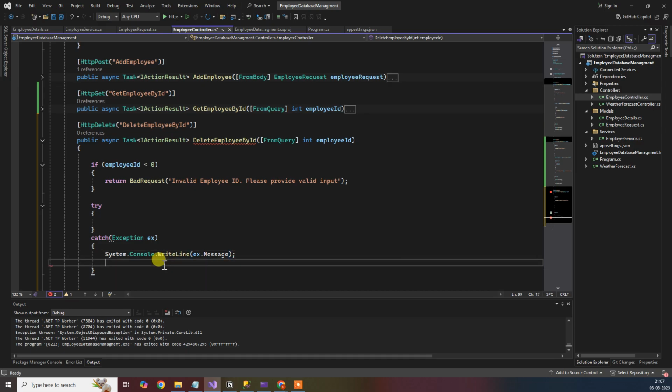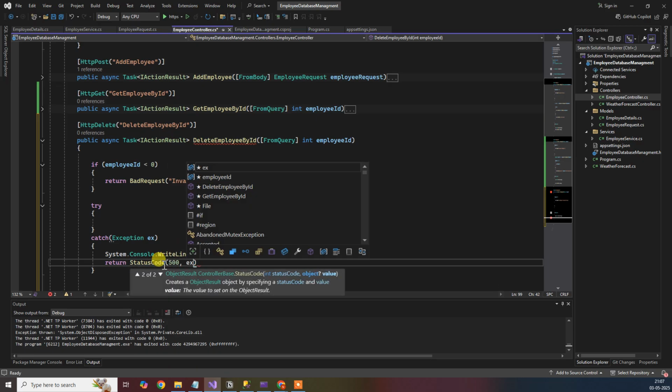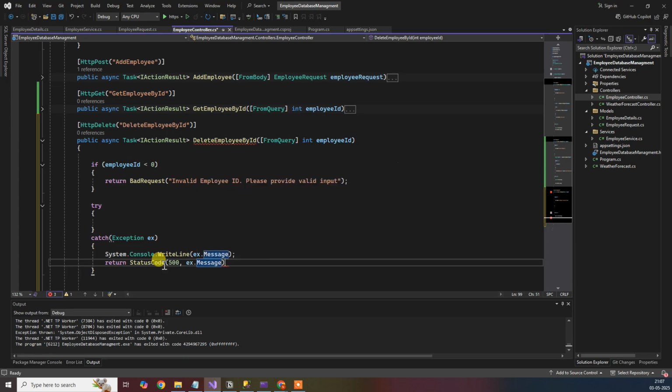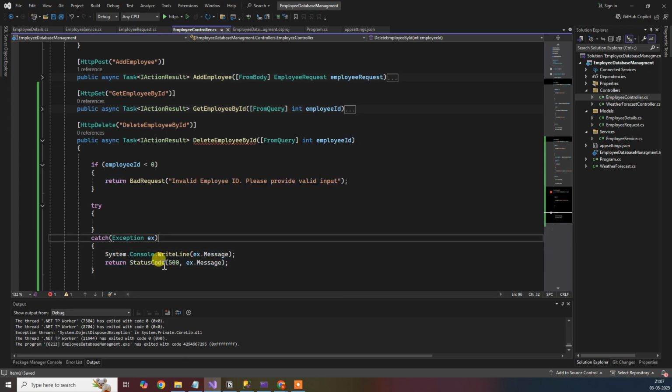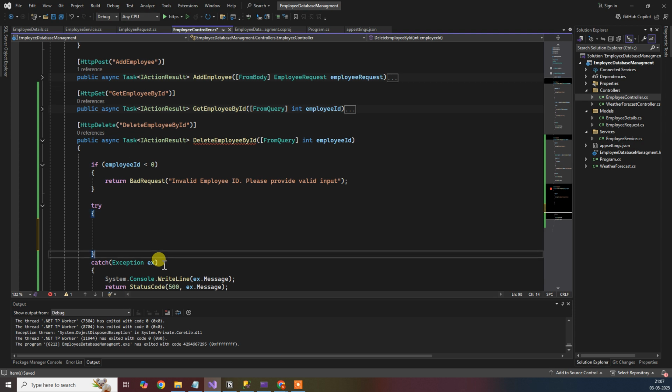We'll log that message and we'll return the status code 500 with the message we have received. So in the try block, what we'll do here is